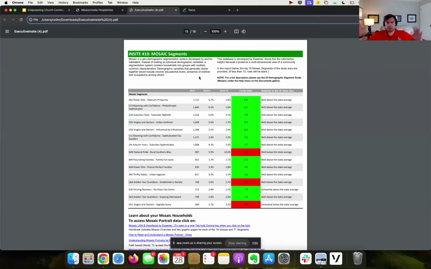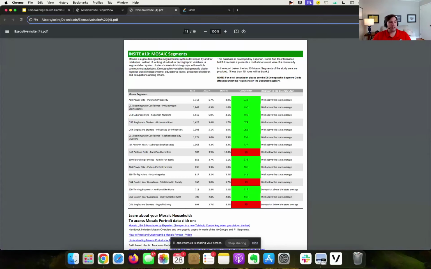And this executive insight report has a ton of demographic data on here, but in the purpose and the spirit of segmentation and communication, we're going to stick to this as one page. This page gives me the dynamics of the people within a 10-minute drive. So now I can start really thinking about how I tailor communication.